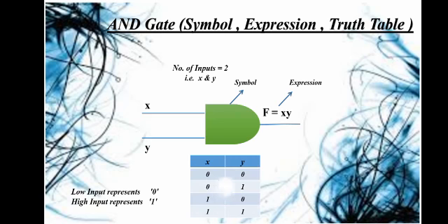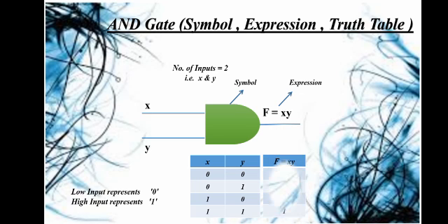Now in previous slides we were representing low and high input, but here a low input is represented with 0 and a high input is represented with 1, and the inputs are represented with X and Y. Here there are two inputs, which means 2 raised to power 2, meaning 4 combinations. In the first column of X there will be 2 zeros and 2 ones, and in the second column Y there will be the combination 0 1 0 1.